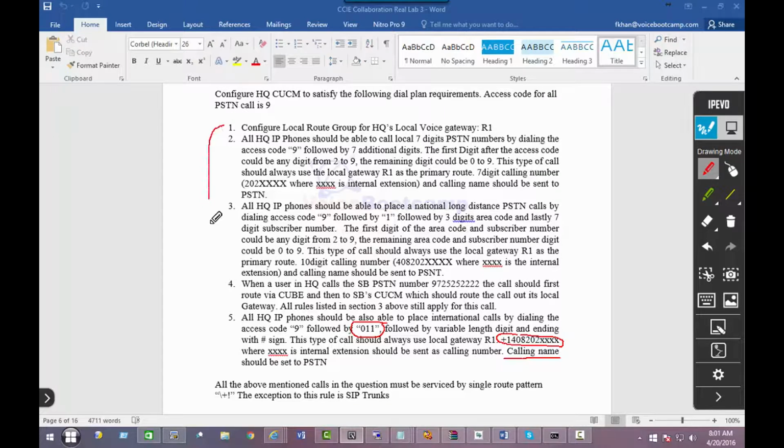Now all this must be achieved by a single route pattern, plus sign. However, exception to the SIP trunk. Now people don't often get it, what it means by that is that this exception applies to this particular task, because that is the